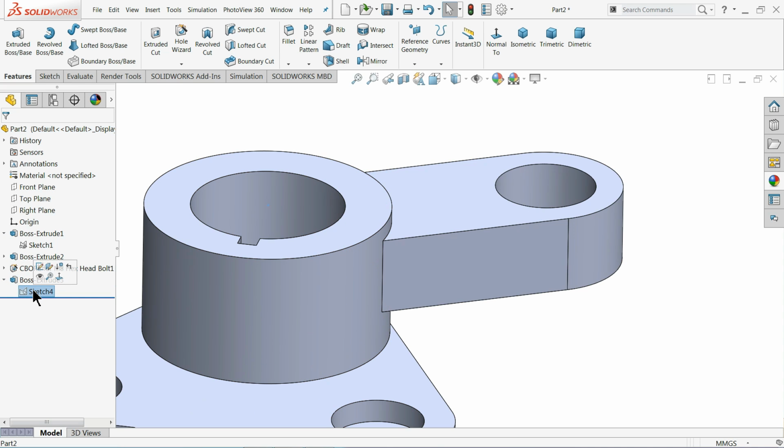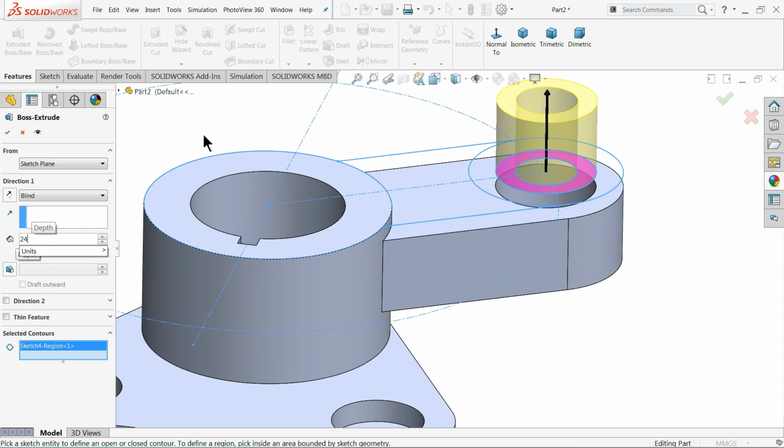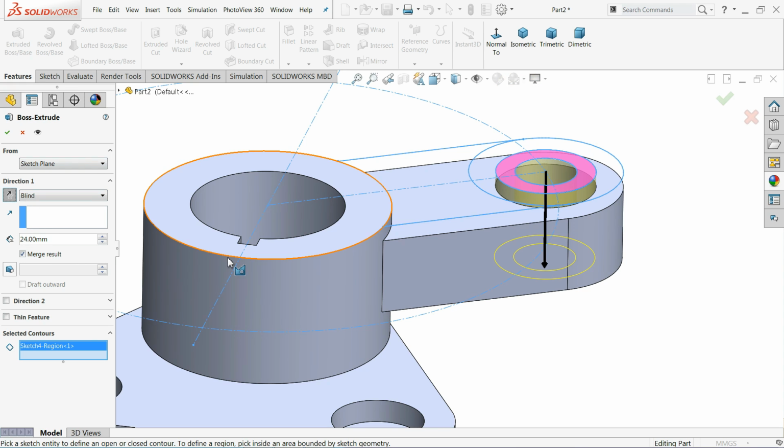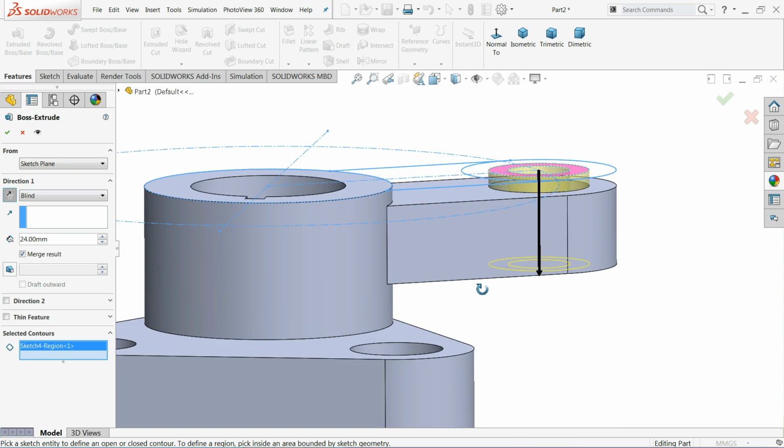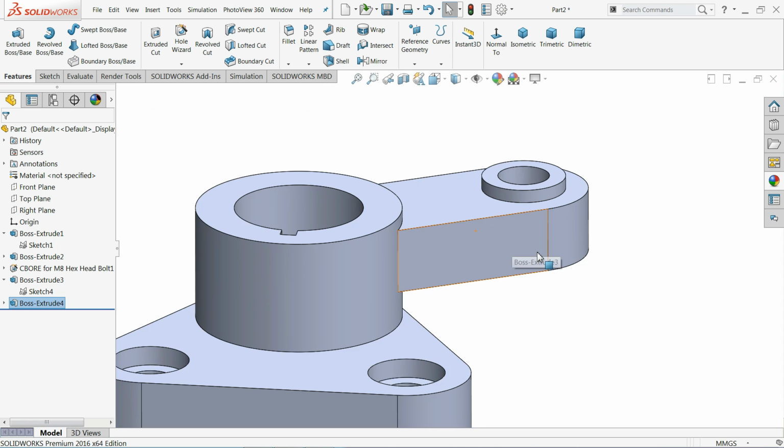Again we will use the same sketch, extrude, and this time we will select this inside, and here we will make 24 millimeter reverse. See, keep result merge. Now look,